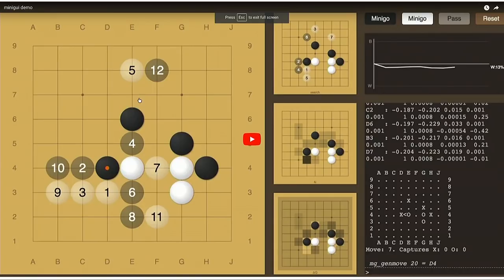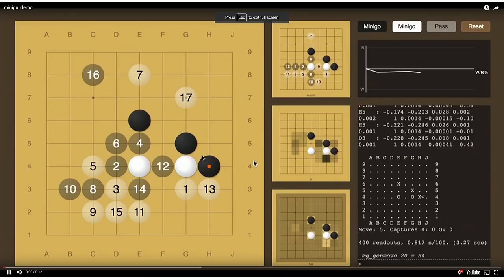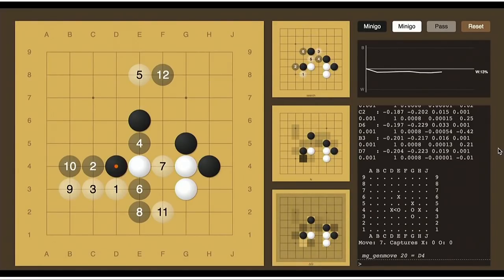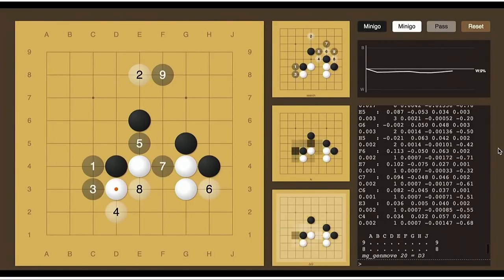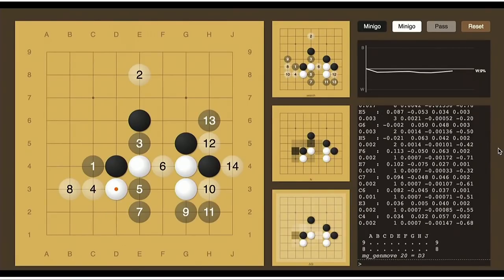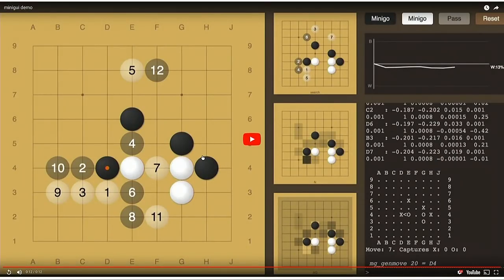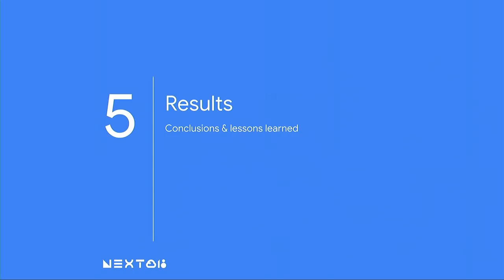So let me do a quick demo of Minigo. I think there's a way for me to make this play, but I don't know what it is. There we go. That looks like it. So this is Minigo thinking about this particular game. This is that small size board. I think this was actually running on CPU only on a laptop. It may even have been a Chromebook. So this is running completely unaccelerated on that smaller size of Go that I was telling you about.